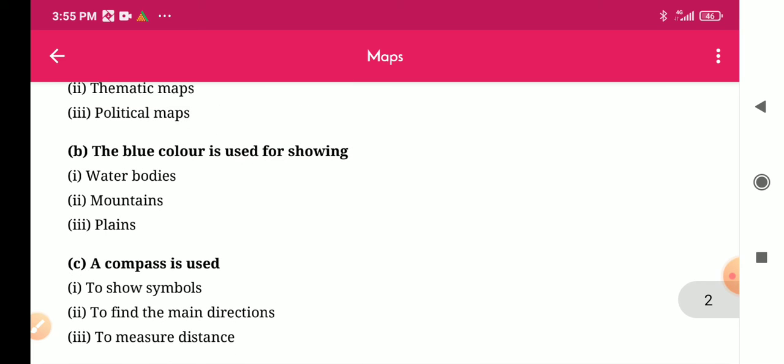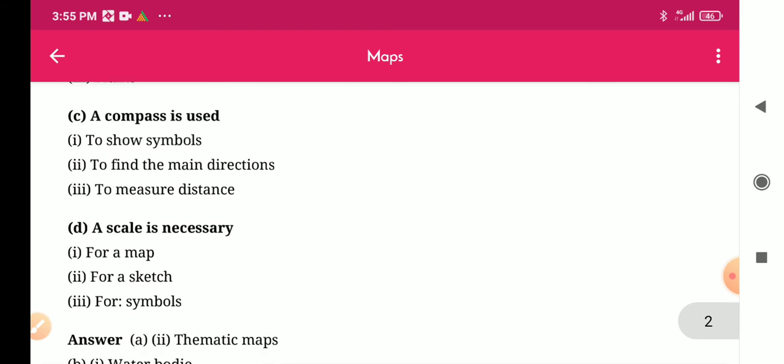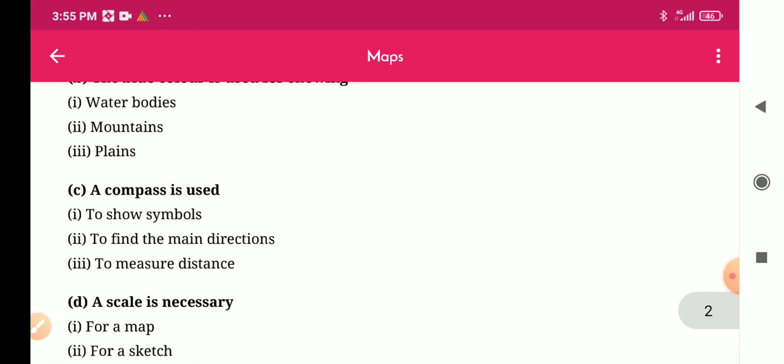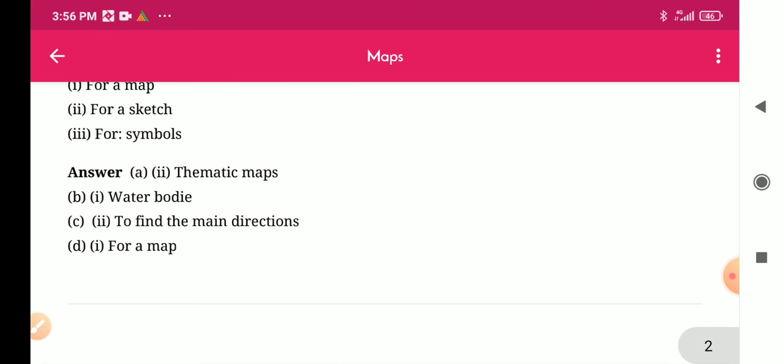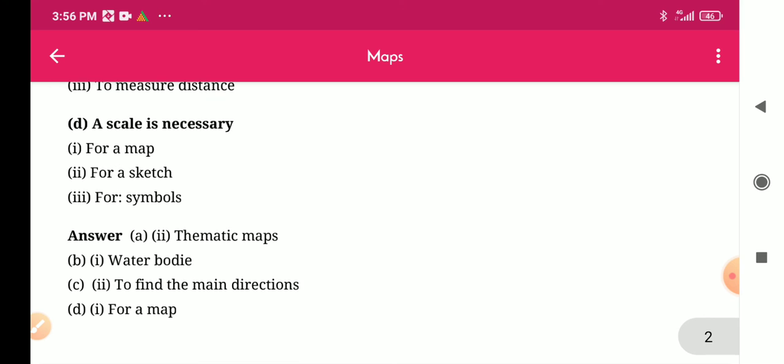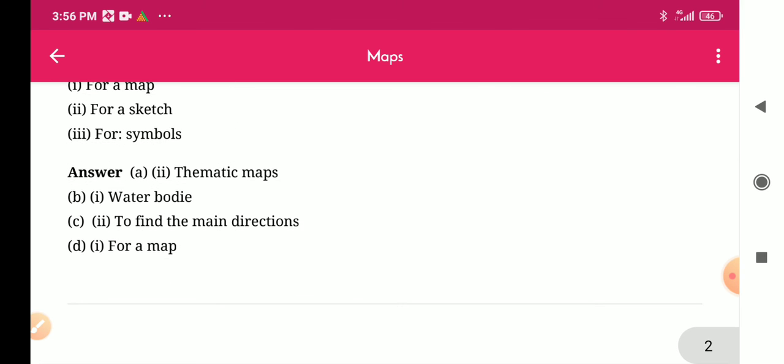B. The blue color is used for showing water bodies. C. A compass is used to find the main directions. D. A scale is necessary for a map.